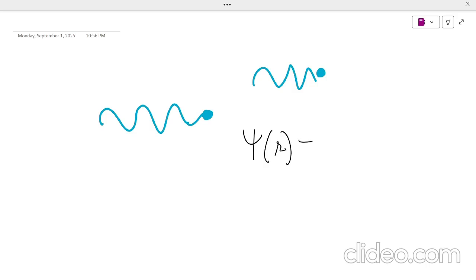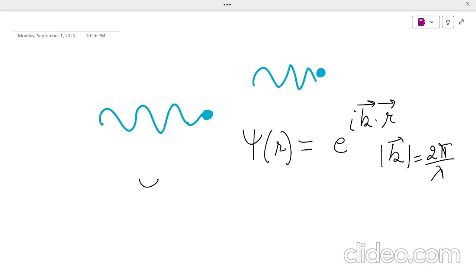It means if a wave is coming and interacting with an atom here, the same wave will interact with another atom in the same lattice and experience the same environment, because there is a translation symmetry in the crystal. So if we define the wave function as exponential of i k dot r, where k is my wave vector, whose magnitude is given by 2 pi by lambda, that we all know, the wave function will be the same at some other point given by